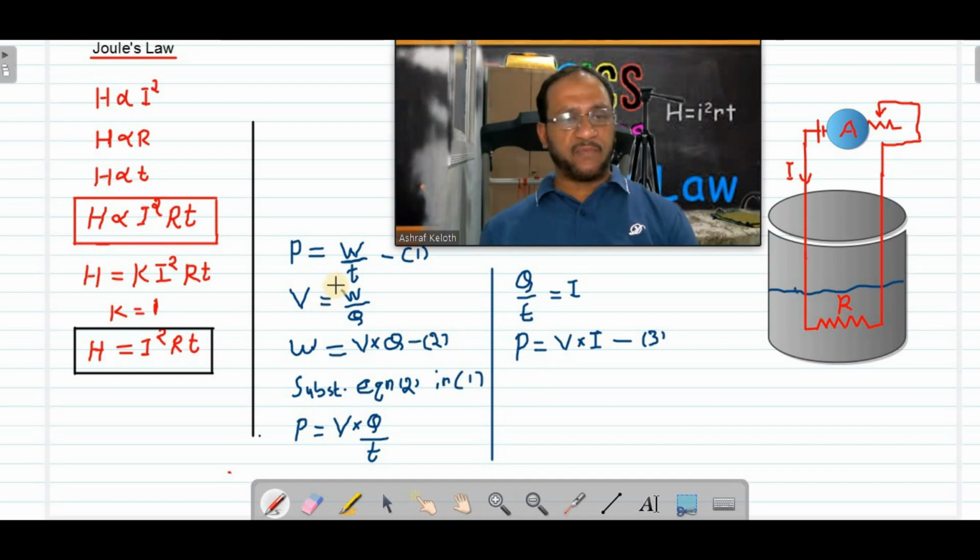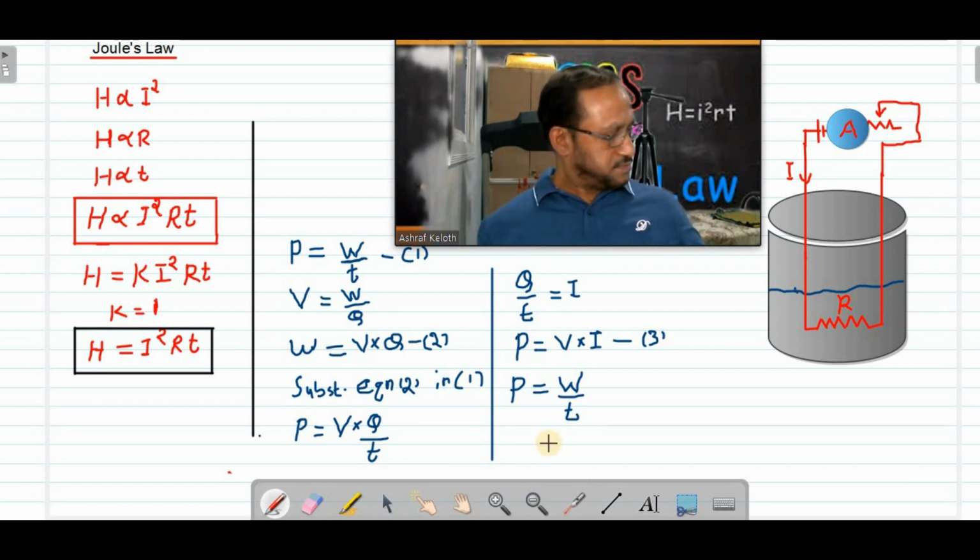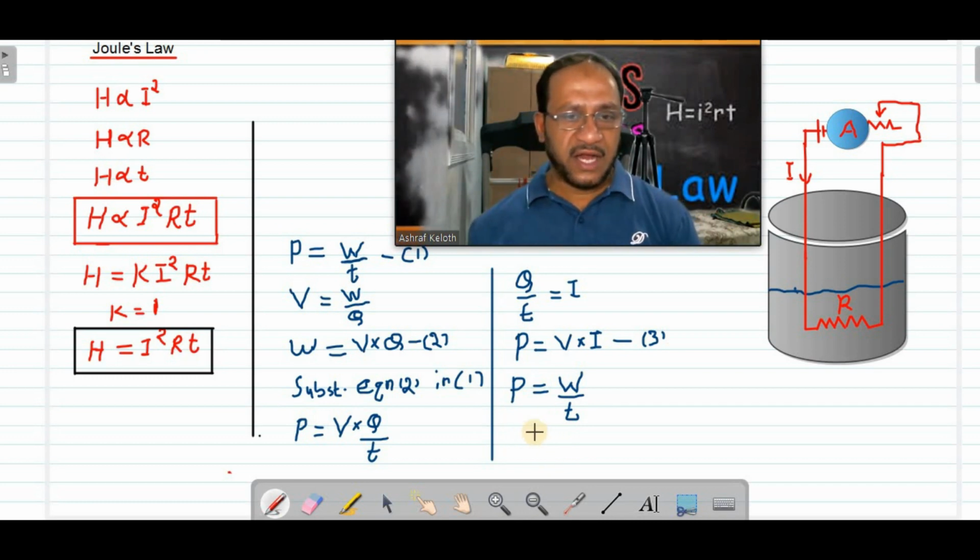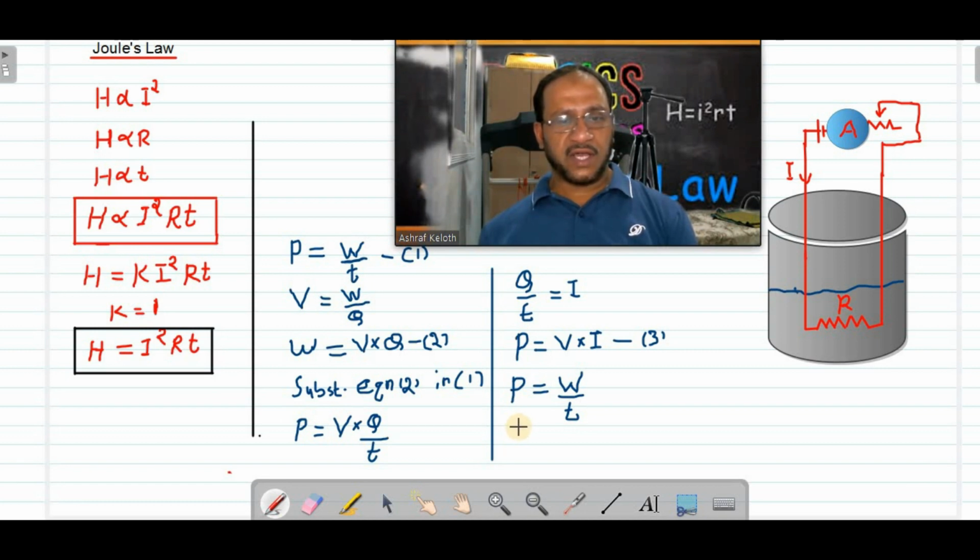Again I am writing the equation of power, that is P equal to W by T. What is the relation between work and energy? Both are the same. If you do work, you will get energy, isn't it? And if you have energy, then only you can do work. Are you doing any work right now? Right now you are not doing any work, but you are getting energy, because your father is doing work, isn't it? If father is not doing work, will you get energy? If you do hard work right now, in future it will come in the form of energy. What is the unit of energy? Joule. Work also is joule. So work and energy both are measured in joule because both are the same. If you do work, you will get energy.